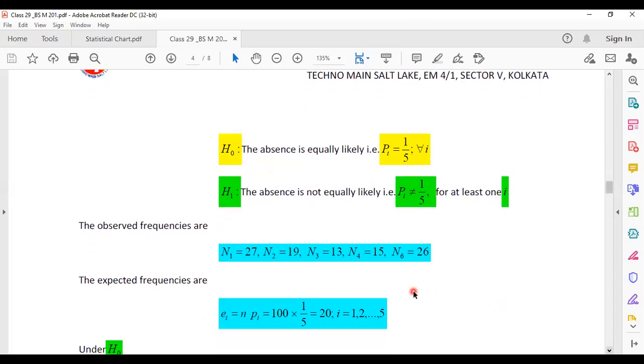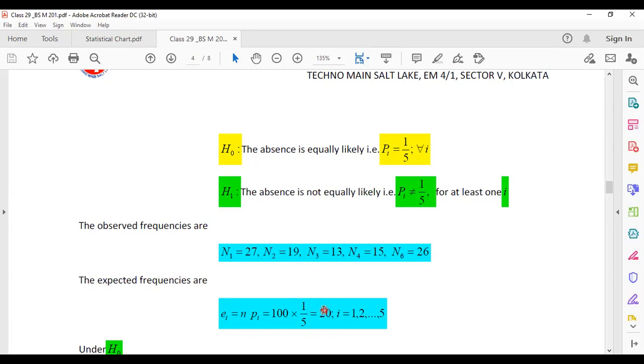So for each of i equals 1 up to 5, we can consider the individual values of each of the probabilities, capital P1, capital P2, up to capital P5, to be 1 by 5 each. And therefore, the expected frequency will be determined by the mean of the binomial random variable, which is given to be n into P. So the expected frequency for the ith day is n into Pi, which is 100 into 1 by 5, which is 20, and 20 will be the same